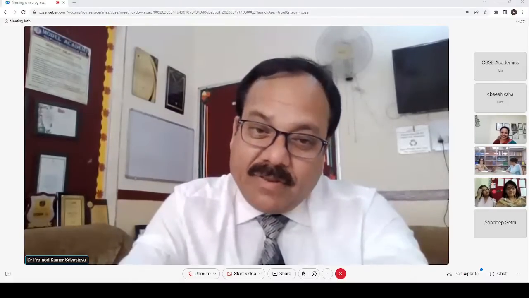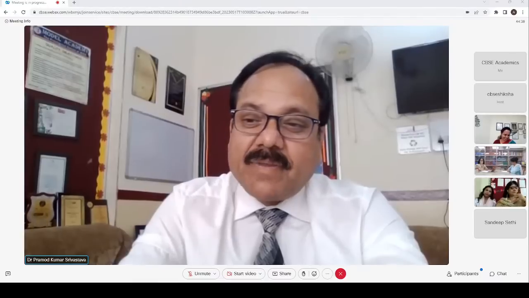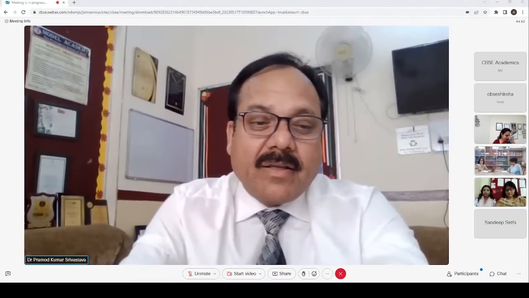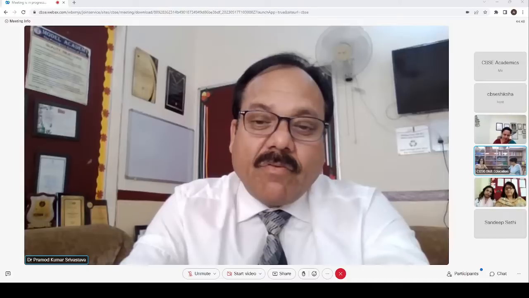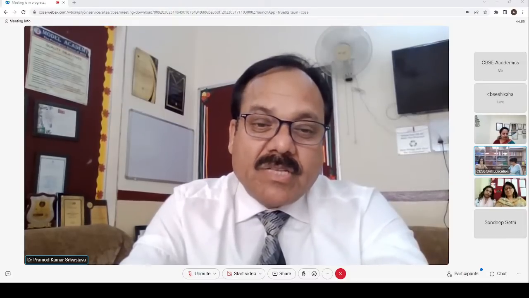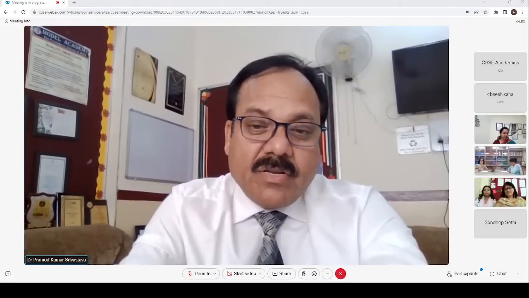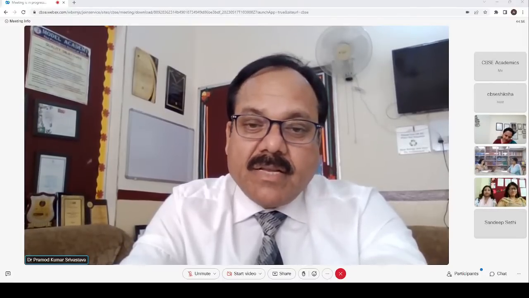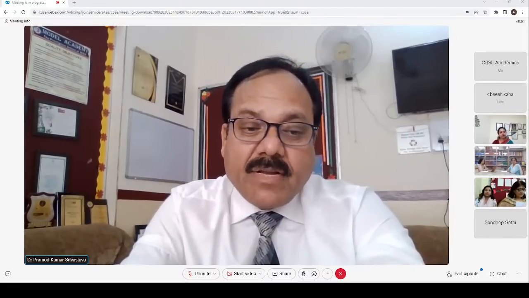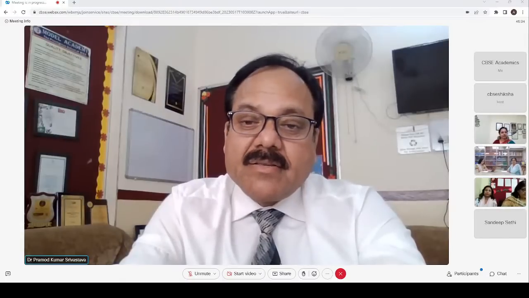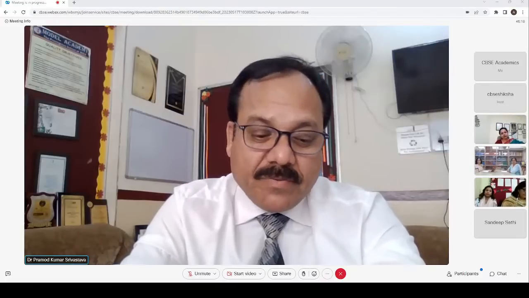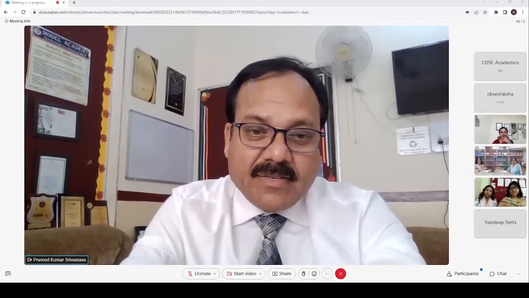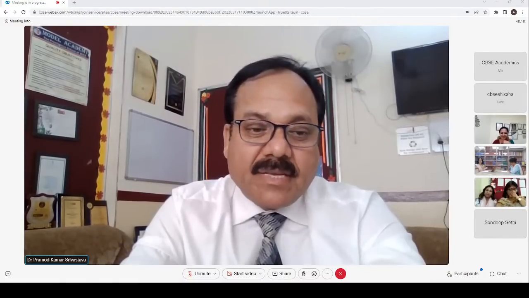As Richa ma'am said, when we were studying, even in the primary section, needlework and thread work were taught to us. We were so readily involved and engrossed in learning all those things, which I remember even today. These kinds of skill education and skill manuals that we are teaching our children is really a great initiative taken by CBSE skill education and CBSE academics. So thank you so very much for taking this initiative of introducing the skill manuals and skill subjects,